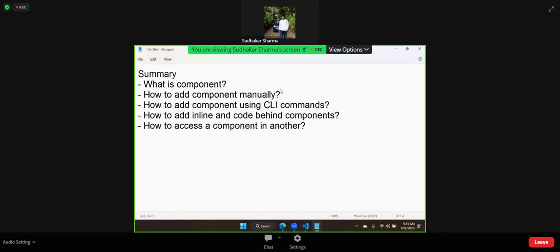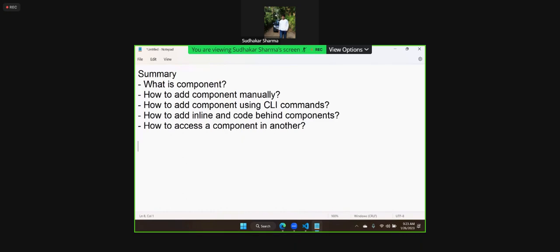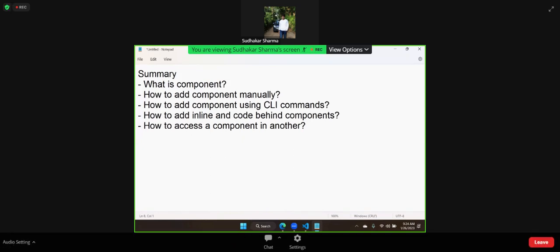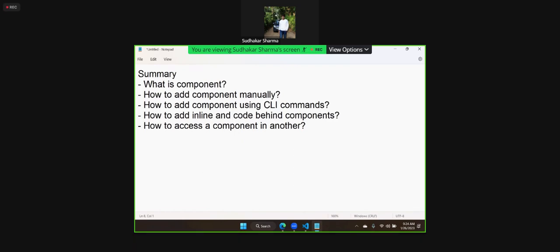That means we can access one component in another. Yesterday we created register. The register component we are accessing in main. The main component we are accessing in index. You can access a component in another component. These are all the basic concepts we discussed up to now related to components: how to create components, adding the components, and the hierarchy. Now, today, another major concept we will see about components, that is, we need to understand about